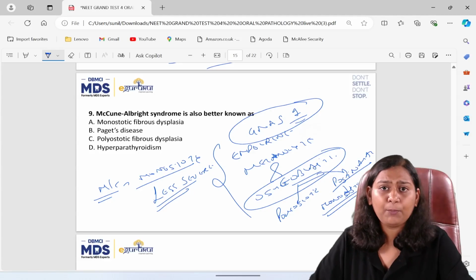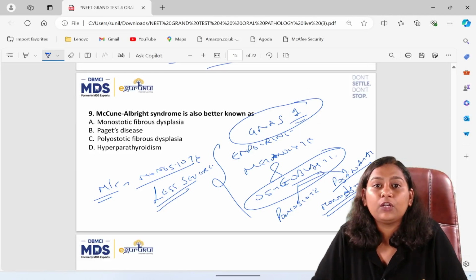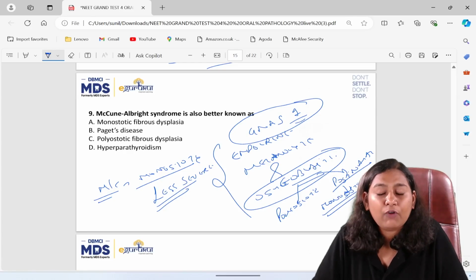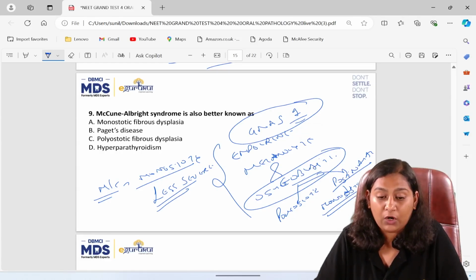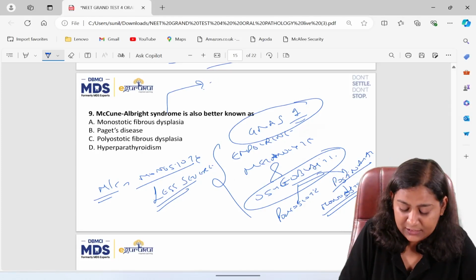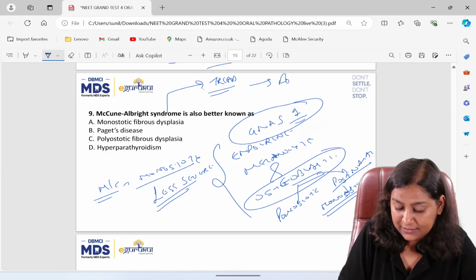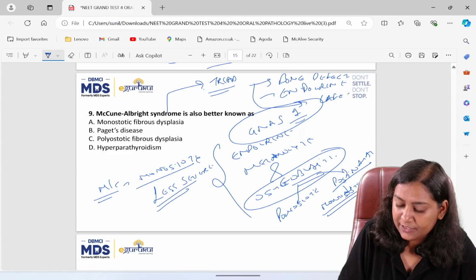Okay. Now, polyostotic fibrous dysplasia, what will you be seeing? It will be seen as bowing of the long bones, which is pathognomonic for polyostotic fibrous dysplasia. Shepherd's crook deformity, hockey stick deformity, along with cafe-au-lait spots will be seen. Now, McCune-Albright syndrome consists of a triad. Remember this triad. It has a bone defect, that is osteoblast defect, along with endocrine abnormalities, and it will have cafe-au-lait spots.